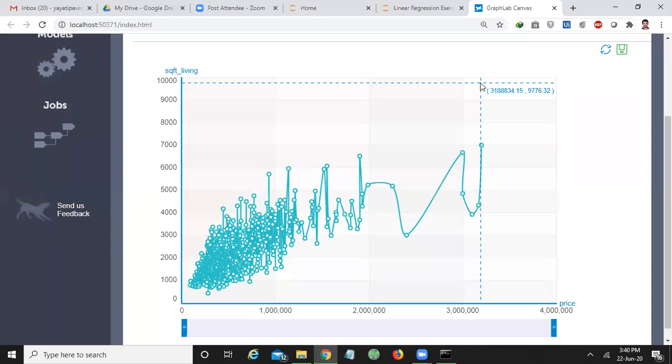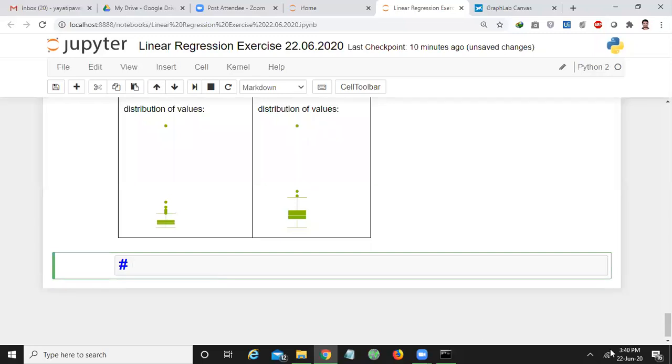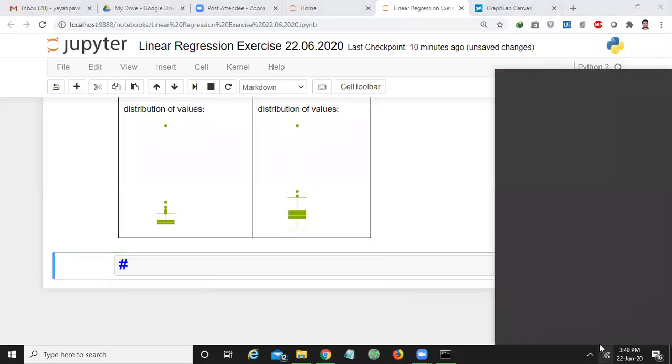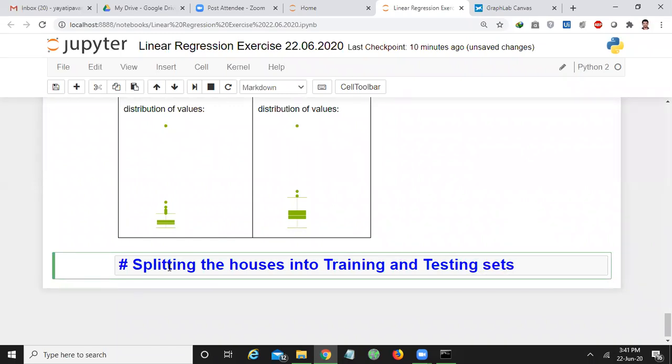split the data into two sets, that is a training and testing data set. Splitting the houses into training and testing sets.